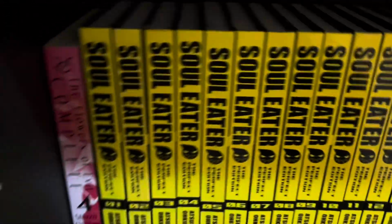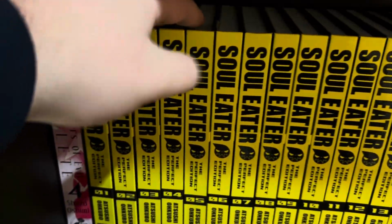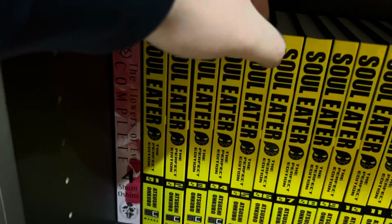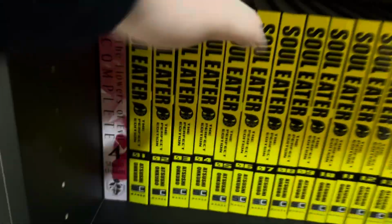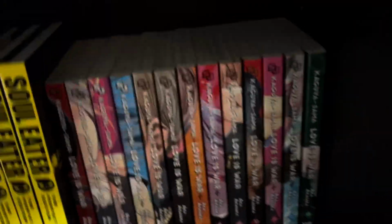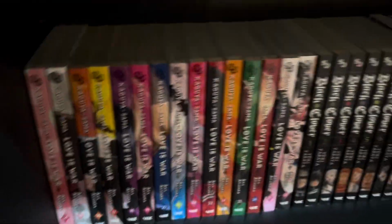Next, I got Soul Eater, volumes 1 through 15. I'm on volume 5. I'm around the end of it. We're getting to a climax of an arc, and it's good. It's got a lot of pacing issues, but it's very good. I'm enjoying it. Next, I got Kaguya-sama: Love is War, volumes 1